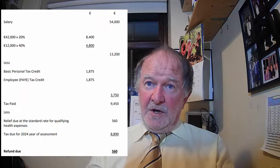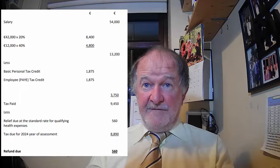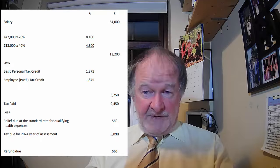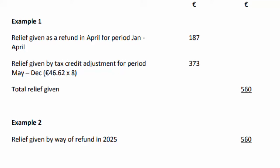The relief due to Shane in respect of the 2024 year of assessment is €560. That is €2,800 multiplied by 20%. We can see the breakdown here. As the tax paid by Shane over the course of the 2024 year of assessment exceeds the total relief due in respect of his health expenses, he will receive a refund of €560 in early 2025, that is €2,800 multiplied